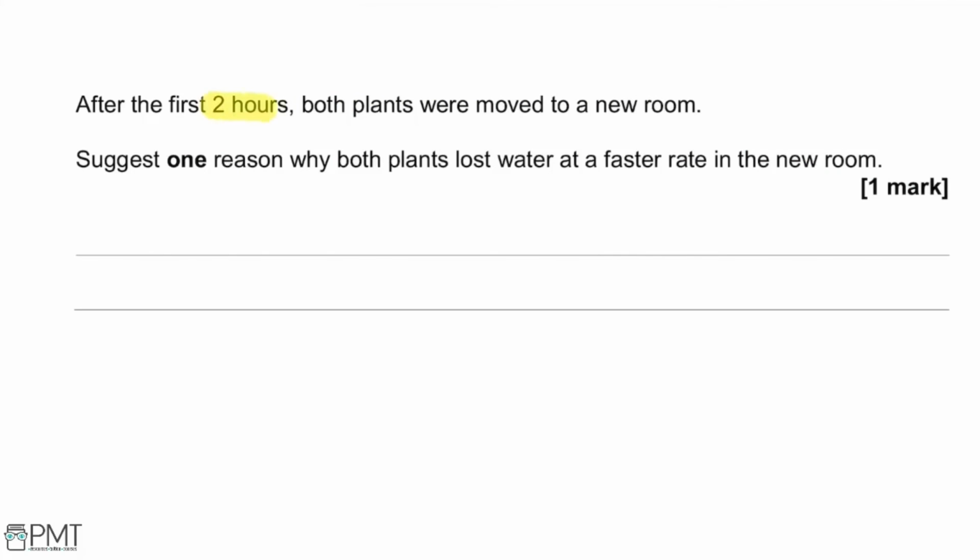After the first 2 hours, both plants were moved to a new room. Suggest one reason why both plants lost water at a faster rate in the new room. So there's a few potential answers for this. The first one that you might go for is that the new room is warmer. This is going to cause a faster rate of evaporation. You could also say that the new room is windier, so the breeze carries away these water molecules at a